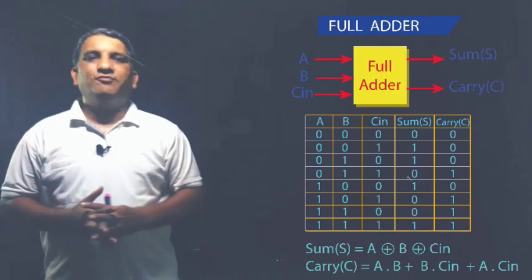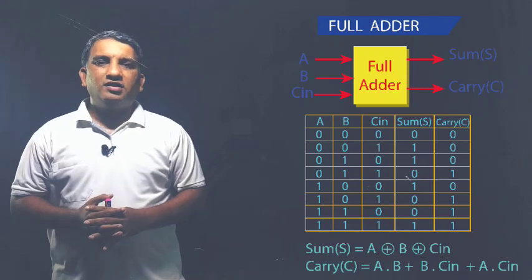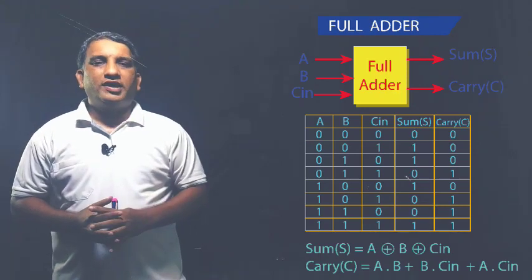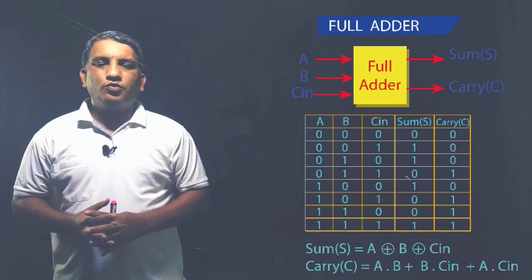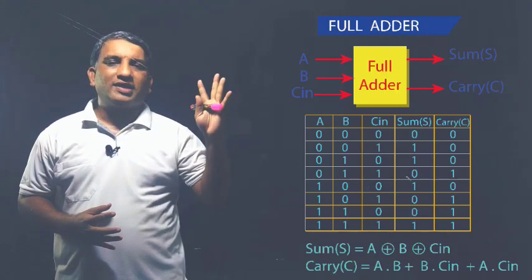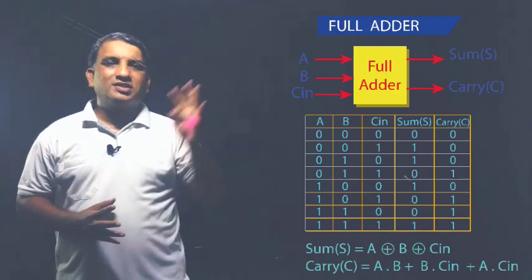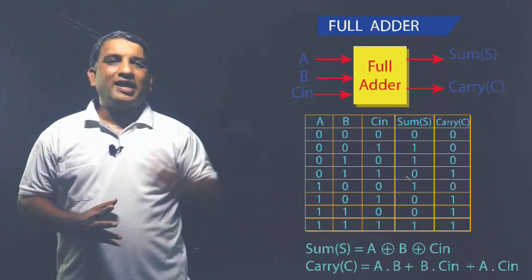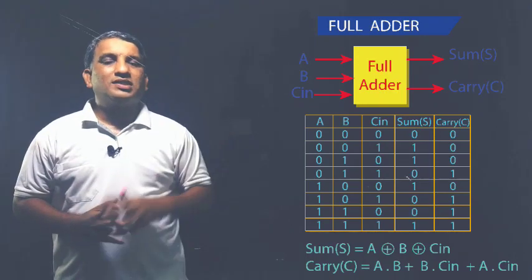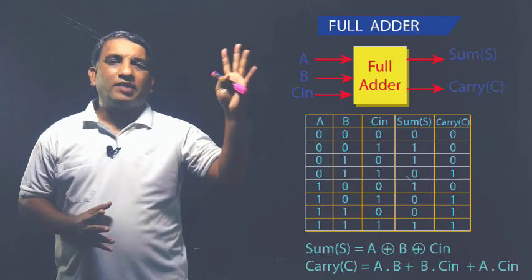Now the second program we will see is for the full adder. Before writing the VHDL code for the full adder, let us first see the block diagram of the full adder, the truth table for the full adder, and the output equations. As you can see from the block diagram, this full adder has three inputs, A, B and C in, and two outputs, sum and carry. This full adder is used when you have to add two numbers along with some input carry. When we add these 3 bits, you get the sum and the carry.